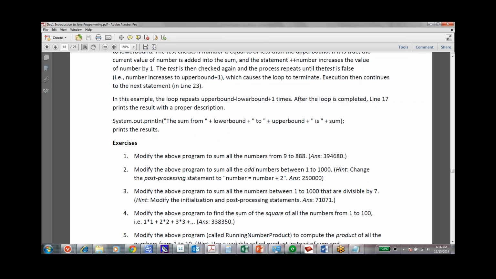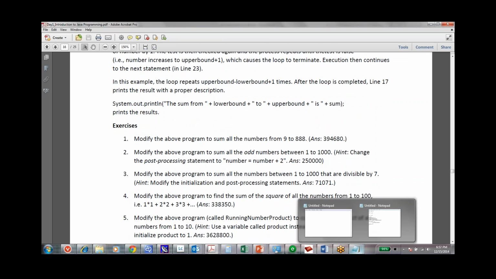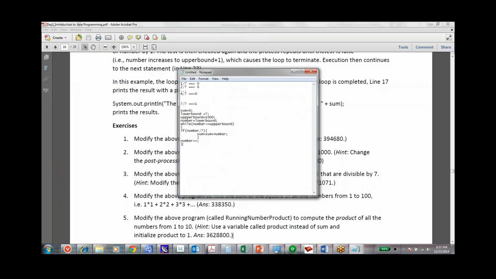Then again modify the above program to find the sum of the squares of all the numbers from 1 to 100. I'm going to give you the series like 1 into 1, 2 into 2, 3 into 3. The answer should become like this. You have to develop a program which computes the sum of the squares of all the numbers from 1 to 100. You are going to declare lower bound as 1, and upper bound as 100, and the while loop as